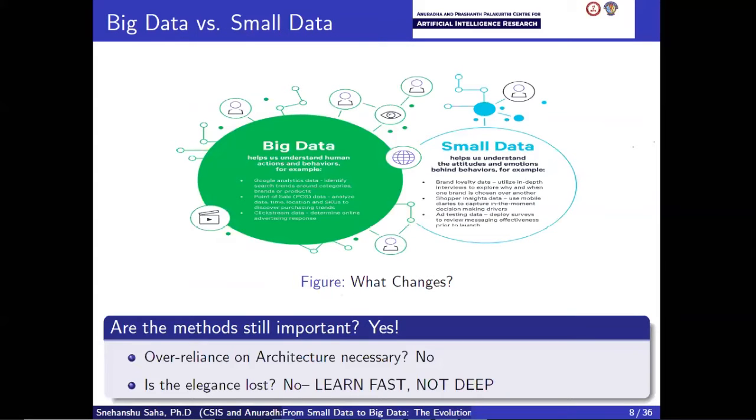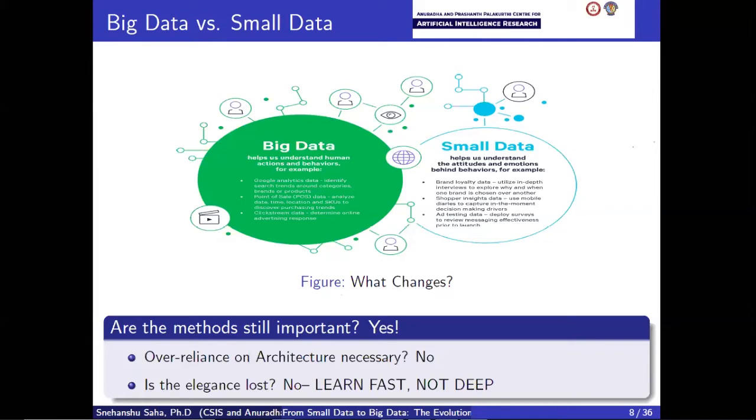So what's really the difference between big data scale and small data? Small data can also scale up, but the rate at which small data scales up is not as fast as big data. So one of the differences between small data and big data is the volume, the variety and the velocity. Are there many differences between the methods? I don't know.